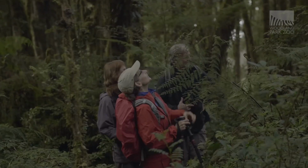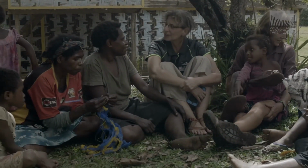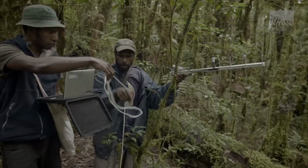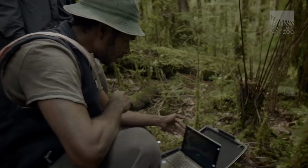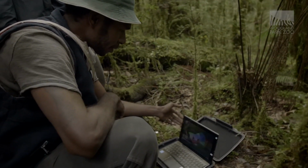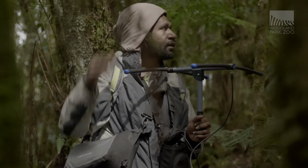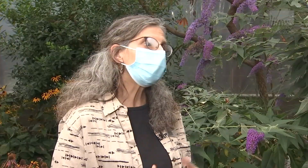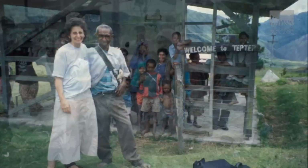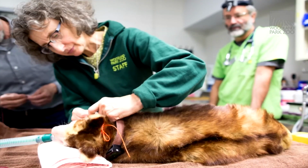All the while, finding real-world application, working with the people of Papua New Guinea to save the species. We now have a whole organization in Papua New Guinea based around the research on tree kangaroos, the conservation of tree kangaroos, working with the communities in the villages, creating a protected area, and then working with the government. Four decades later, the tree roo has a brighter outlook, and it's all thanks to a little program here in